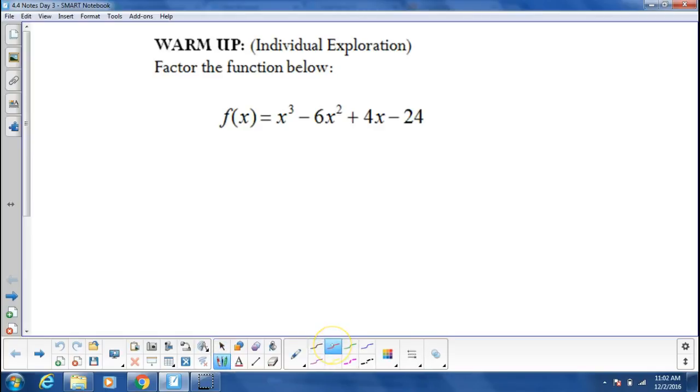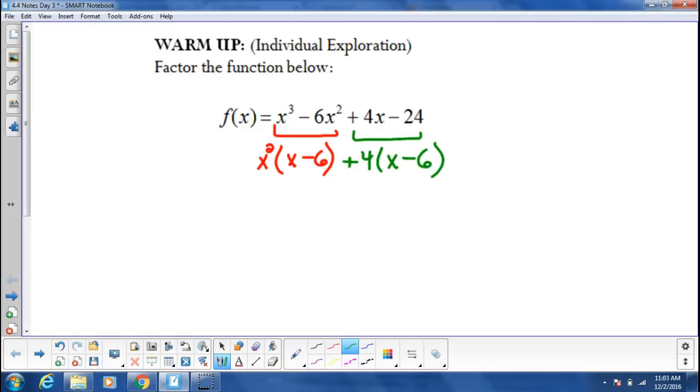Here we go. First off, we take this and we factor out an x squared. That leaves me with x minus 6. Correct? Okay. Then out of this one, we take a 4. Okay, so then we factor out an x minus, see, that's the issue that's going to come up